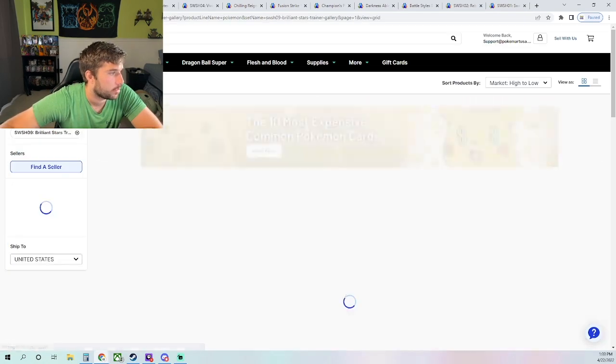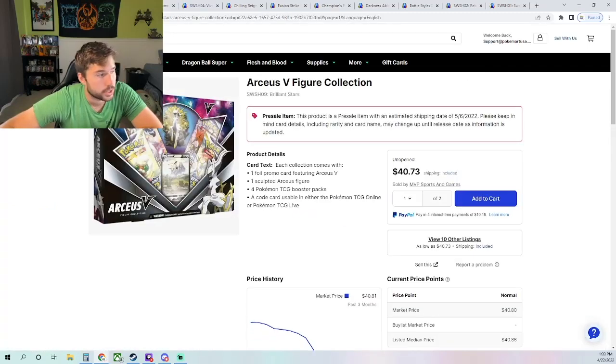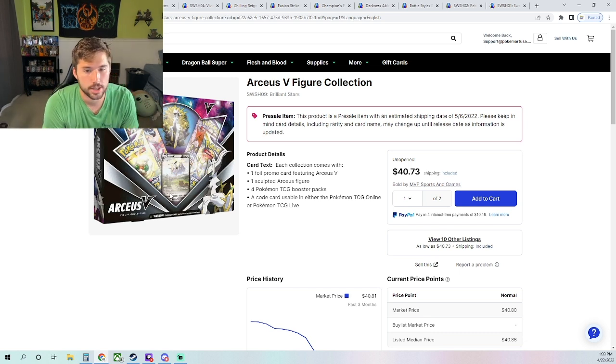But the item that I would say is best to invest in, and honestly, I think this is the number one item out of all the sets we've talked about, is the Arceus V figure collection, especially considering it does have a Cosmic Eclipse pack in it. Now, obviously you see it in the stock image it does. A lot of people have said it is, but there's speculation it might not. It will bring down the value a little bit, but I do think that having these promo cards and these figures does bring up a lot of value, and there's so much collectability,